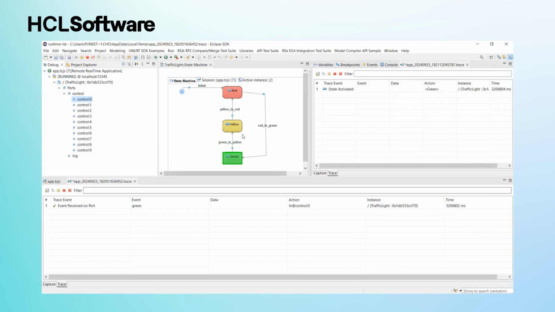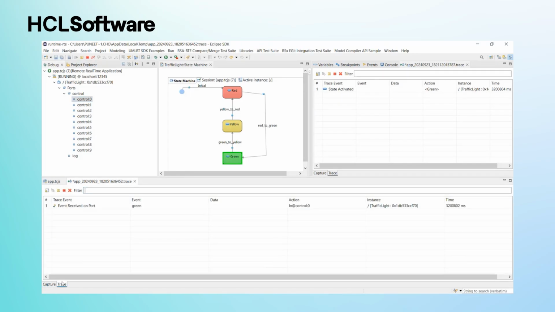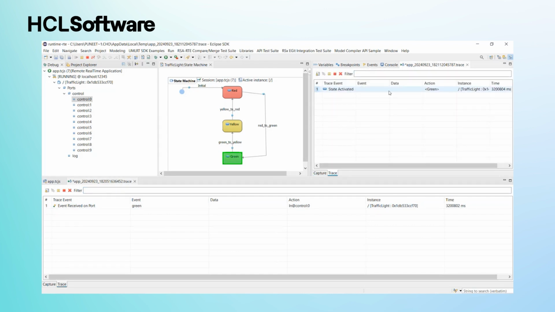Now you can see that the trace entries are completely isolated. Since this one is interested in port and red, here we are receiving the port entry, and here it is just interested in green state, so it is only receiving the relevant state, which is green activated. Now I'll try to send one more event,